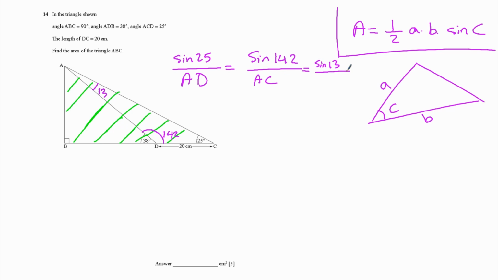By doing this, we can now solve this equation here and find out the values or size of AD and AC. So I can look at here. I can use these 2 equations and solve it and find what is AC. So just from these 2 equations, I can times both sides of this by 20 times AC,